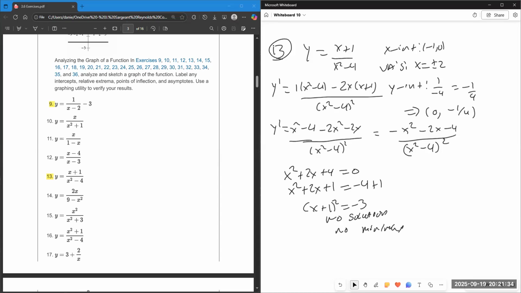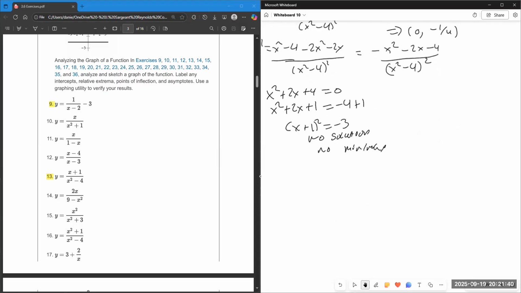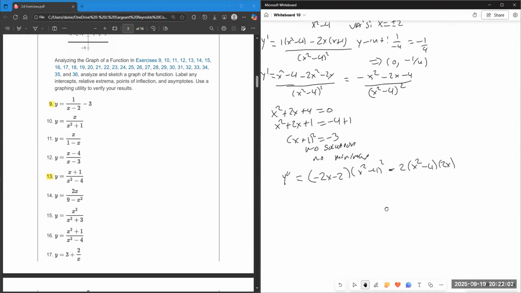And if I want the second derivative here, then y double prime equals derivative of the top, negative 2x minus 2, times x squared minus 4 squared, minus derivative of the bottom, 2 times x squared minus 4 times 2x, times negative x squared minus 2x minus 4, all over x squared minus 4 to the fourth. Y double prime will be